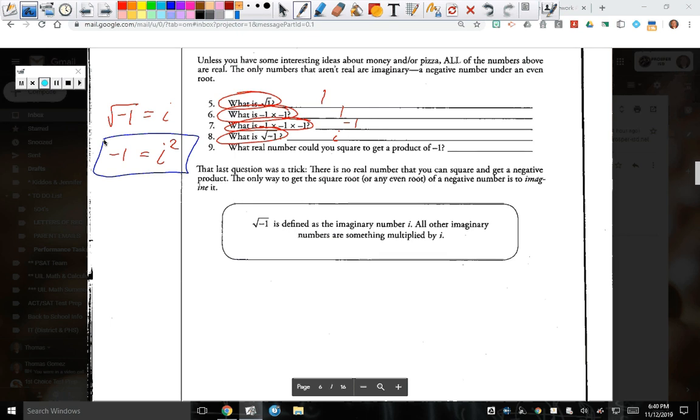All right, so what real number could you square to get a product of negative 1? None. You can't square anything. The only thing that you can square to get a negative 1 is i. Okay? All right, so let's go to